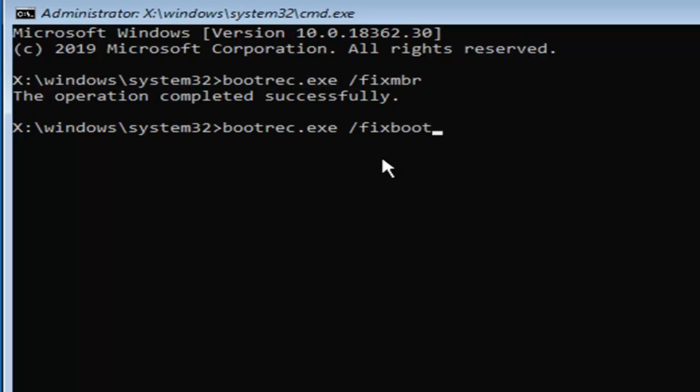Again, type bootrec.exe space /fixboot. Hit enter on your keyboard. If you come back with this access is denied, and only if it comes back with that, run the next command. If it says the operation completed successfully, you can skip this next command. But if you're coming back with access is denied, you want to type in now